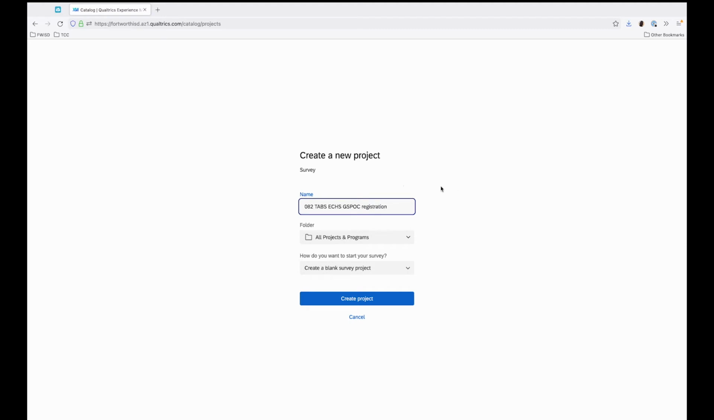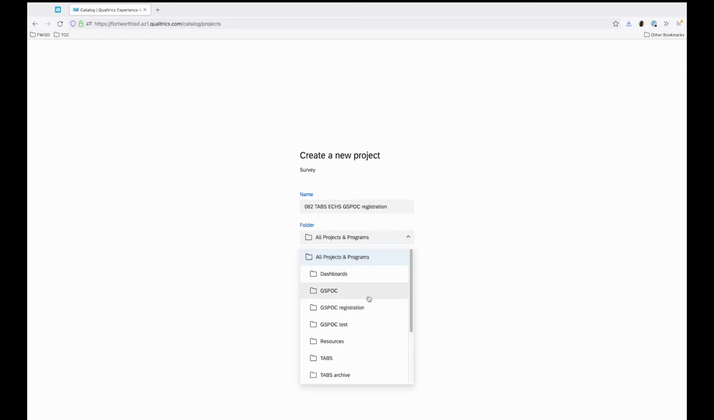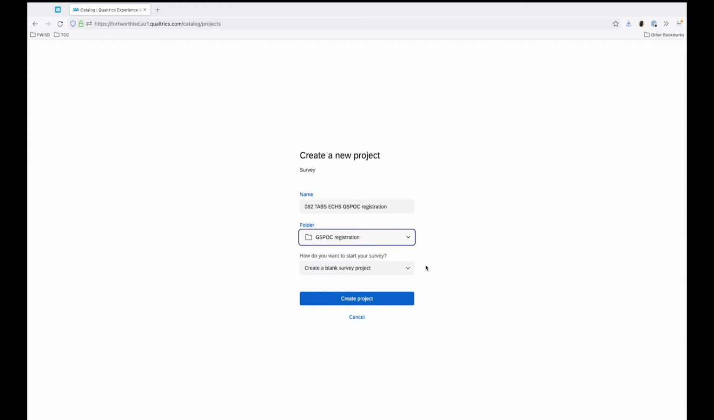registration. Okay, so this is really important because when you share this with other people, they're going to have to keep track, and if we have a bunch of them all named the same thing, that gets downright impossible. So please put the leading 0, make it all clean and easy as possible. Under folder, select that new GSPOC registration folder you created, and you want to create a blank survey project,